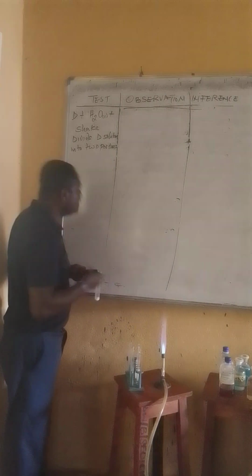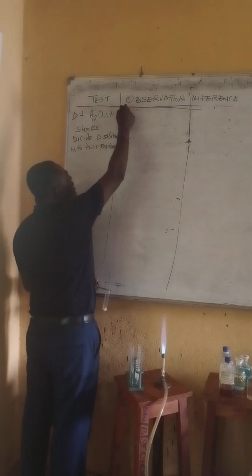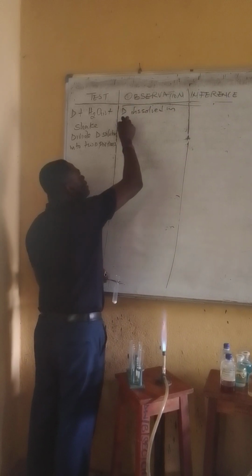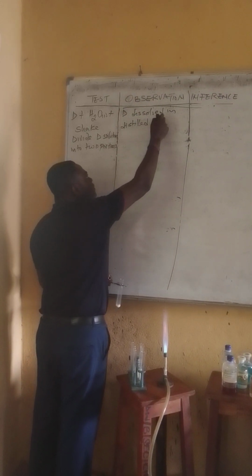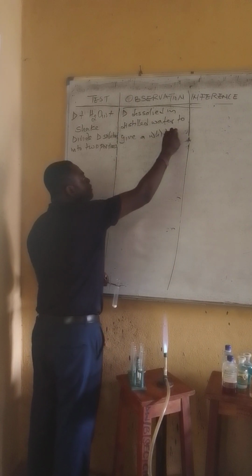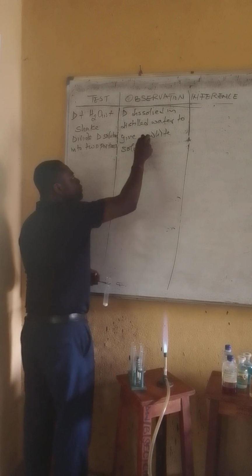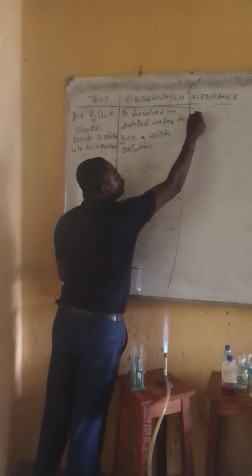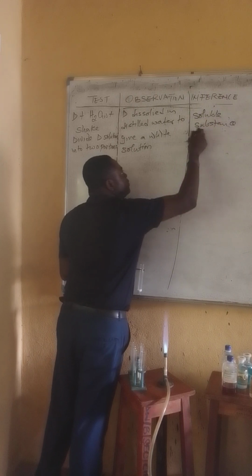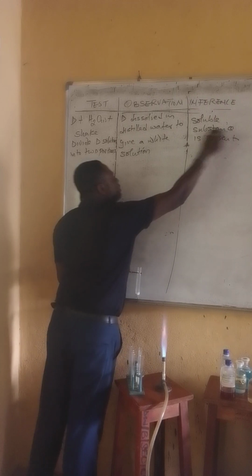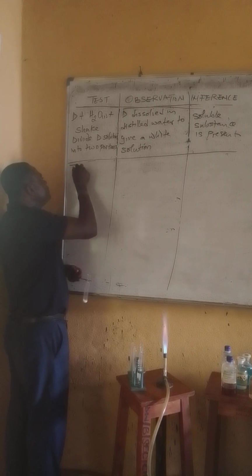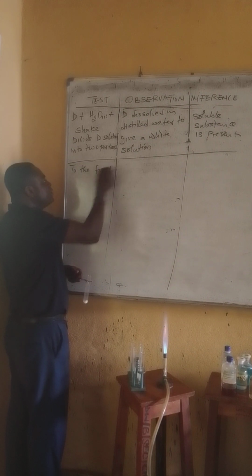So we can see when we do that, D dissolves in distilled water to give a white solution. And our inference will be that a soluble substance is present. So we close that. Then the next thing is that to the first portion